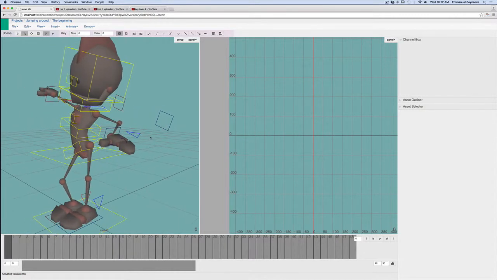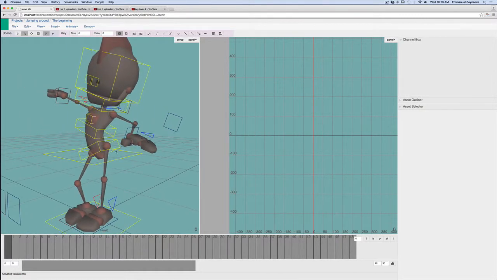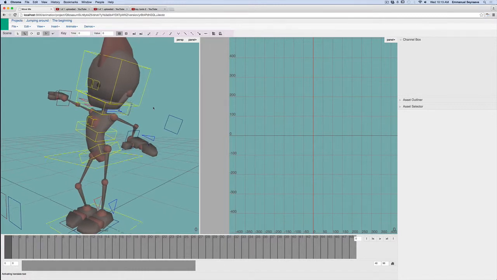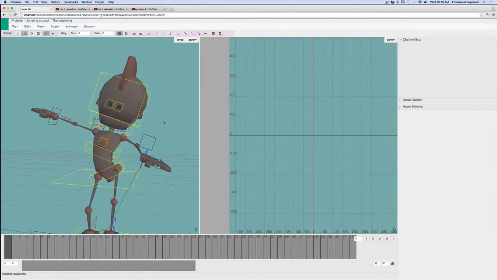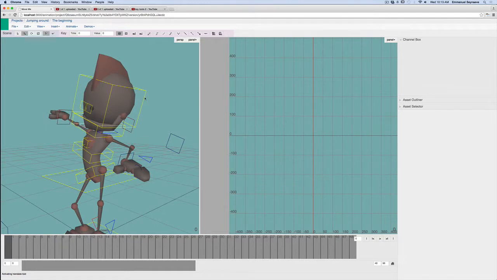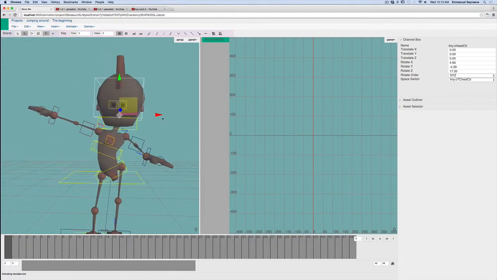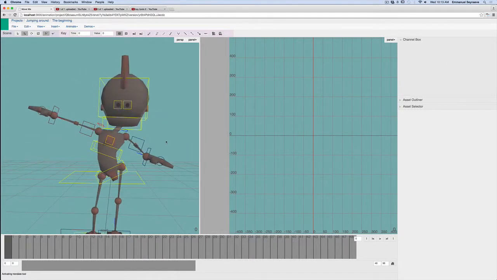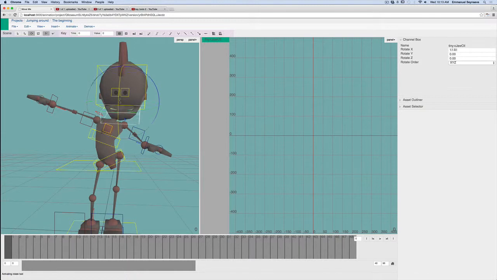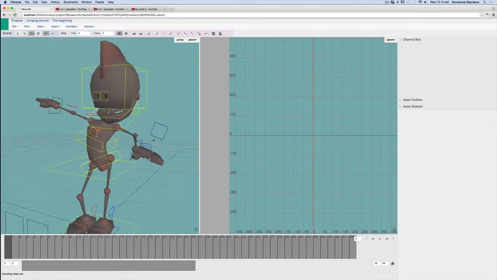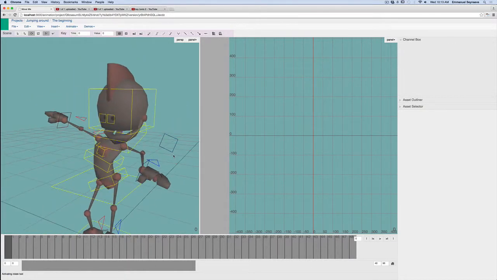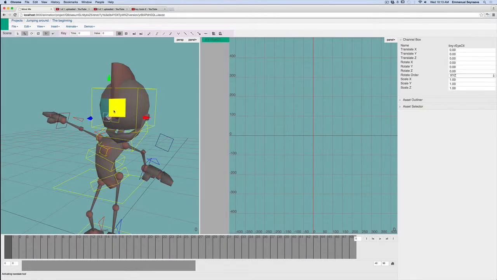So again, all of the circles are always FK controls, and whatever's a square or a cube are IK controls. So you have jaw, head, eyes,